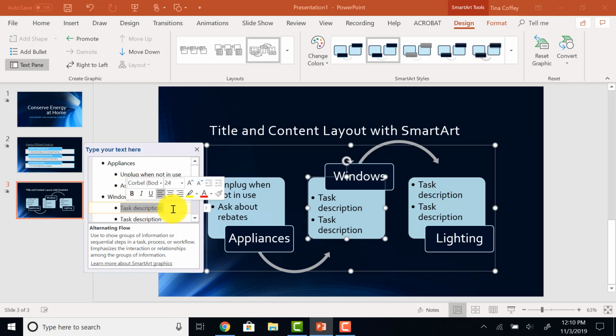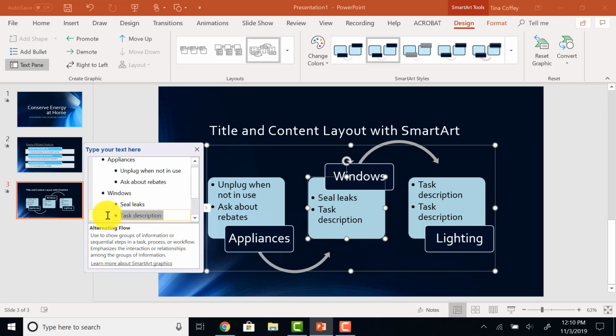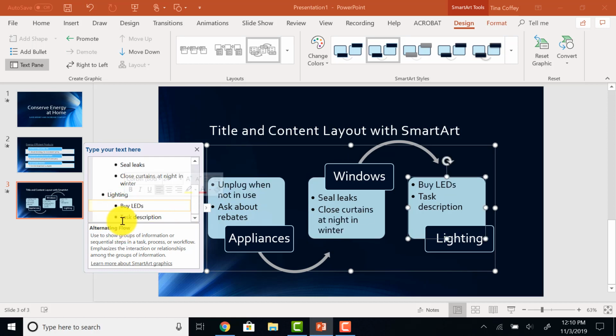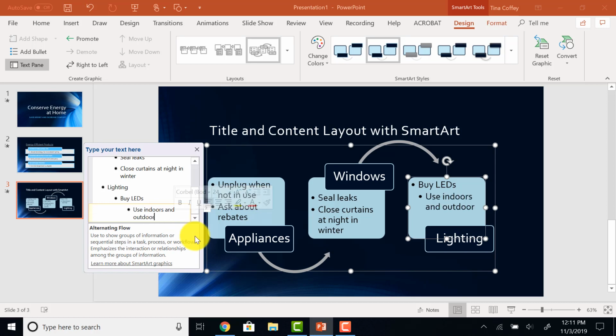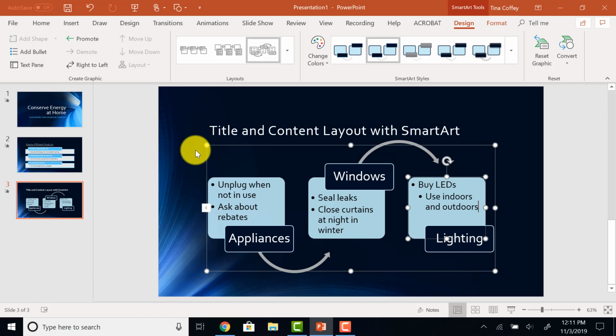I'm going to continue doing that. So for Windows, seal leaks, close curtains at night. And then on the last one, underneath Buy LEDs, I do want to use my Tab button or my Increase Indent button to make this indented one more level. When I'm done, I can click my Close button, and you can see it has added the text